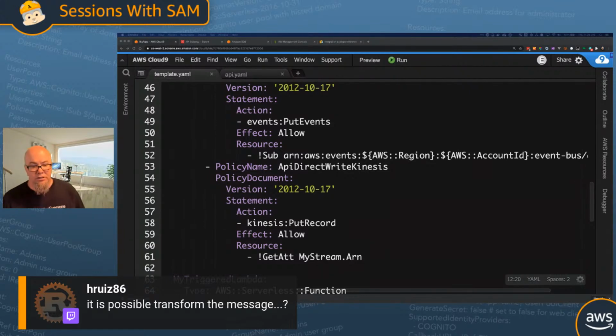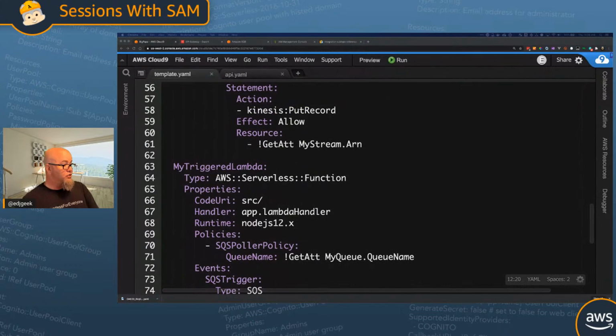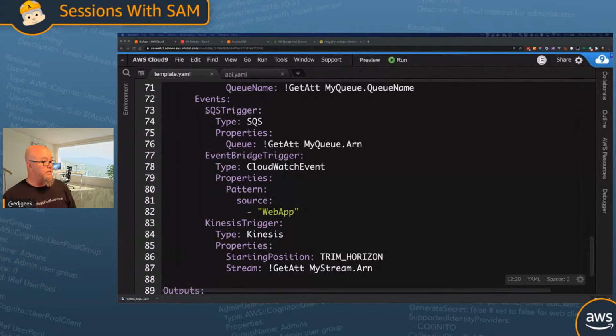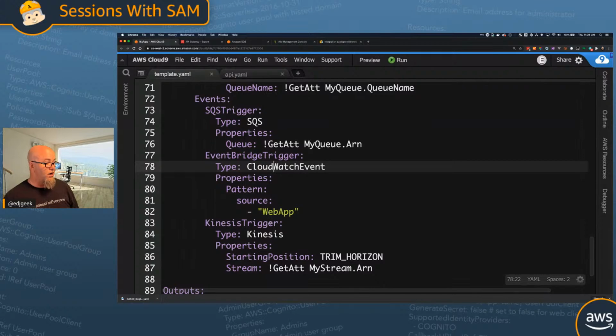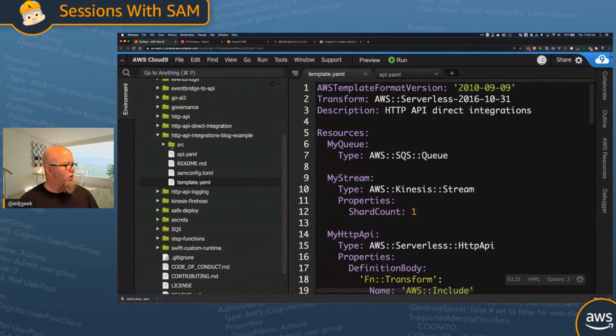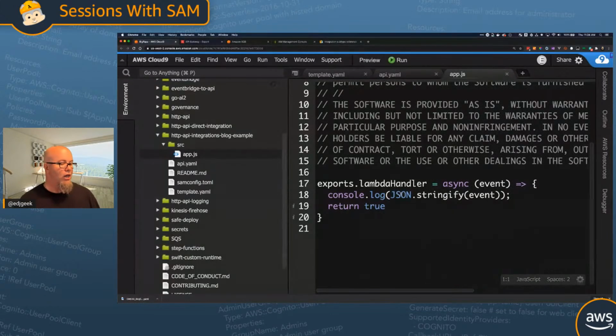Okay, so jumping back down here. So let's go over here. So again, I talked about breaking those out granular because those are very readable. And then I have my triggered Lambda. Now my Lambda has a trigger for each thing being posted in. So I'm triggering it off the SQS, I'm triggering it off my EventBridge, and I'm triggering it off my Kinesis stream. So I'm able to trigger the same Lambda, and all my Lambda is going to do, and you've seen this before if you've watched this show at all, is, under the source, all I'm doing is writing stuff out to the log. Okay, so